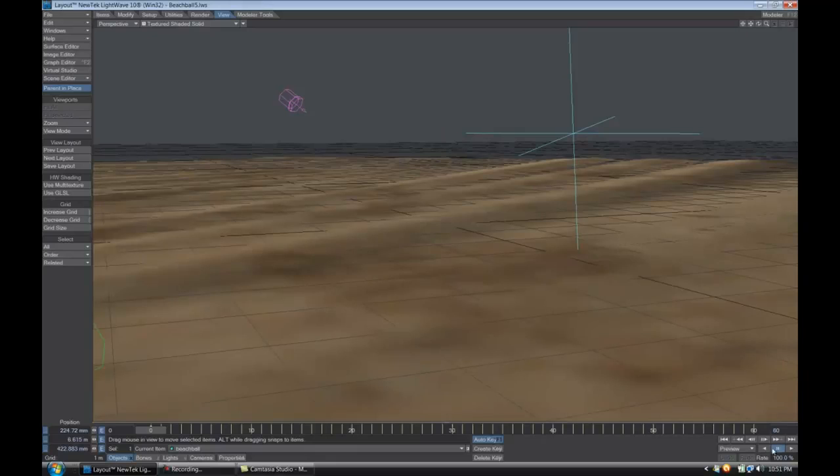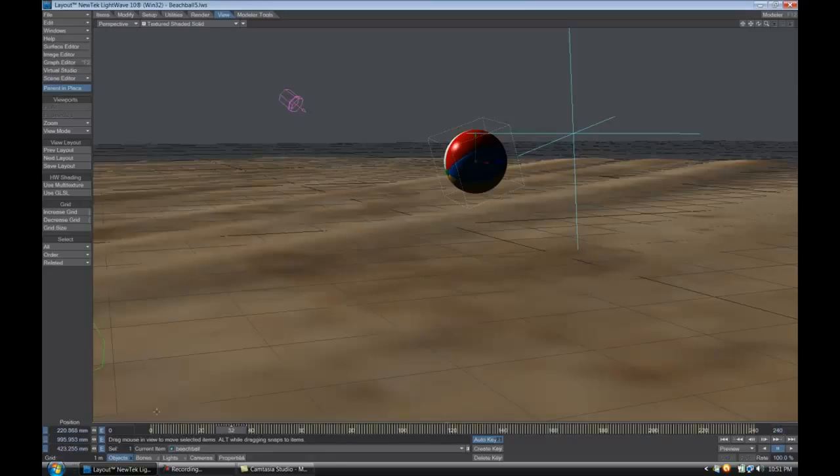and let's push play, and you notice it ends at frame 60. Just go to the timeline down here in Lightwave and type 240 there, and it'll expand it out, and you can see the key